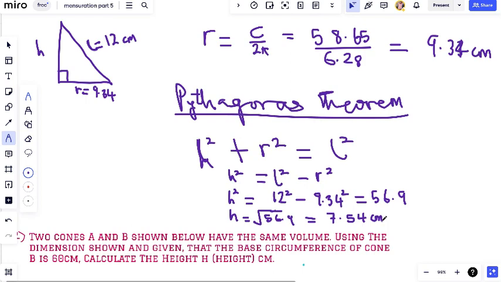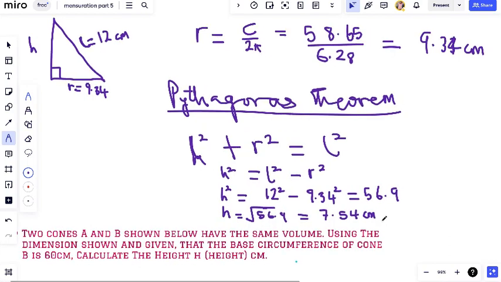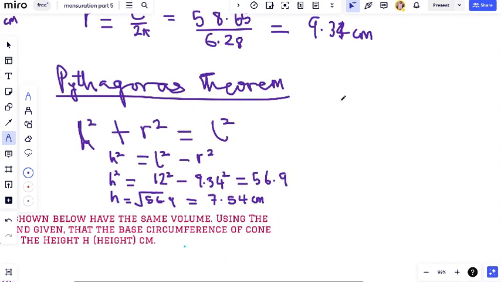All that we have been doing, we were just looking for a way to find the radius and the height. Now we found the height and the radius. The next thing for us to do is to find the volume of the cone, because now we've got all it takes. So we simply say volume of cone, V cone,